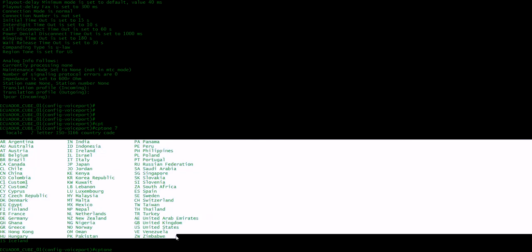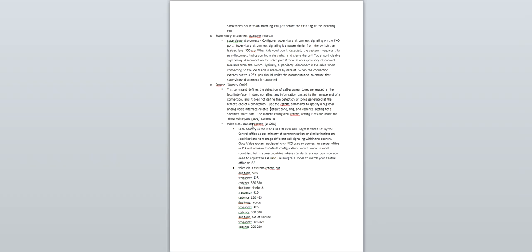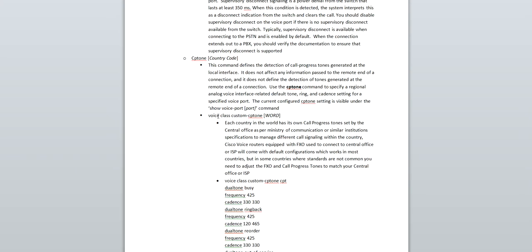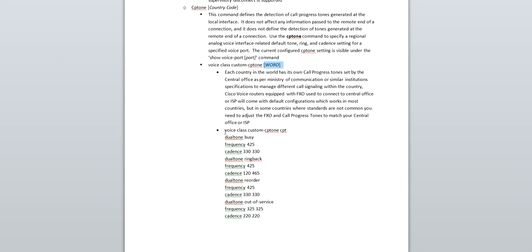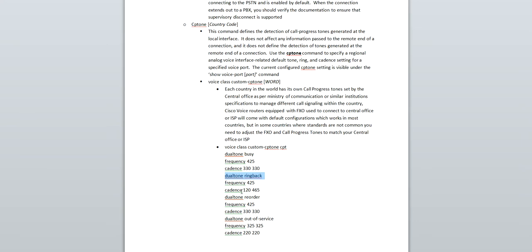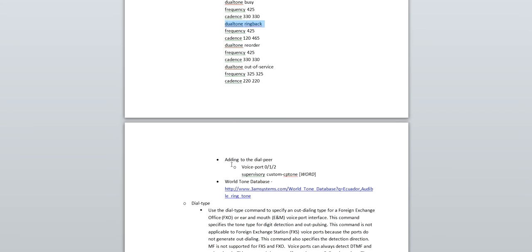So if the country's not on here and it's different from something else, you can manually put these tones in. To do that, we can just look right here. The command would be voice class custom CP tone, and then you name it whatever you want. And here's an example: dual tone busy, and then you set the frequency and cadence, dual tone ringback, frequency and cadence, and so on and so forth. You can set what you need, and then to add that, you would go to